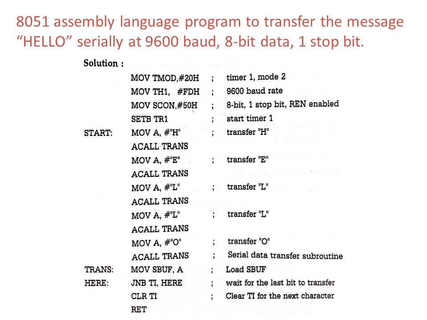If you just look into MOV A, #'H', this is written here to transfer the letter H. After copying the letter H to A, that is to the accumulator, next is ACALL TRANS. This is the instruction, that is absolute call, TRANS. A subroutine TRANS is called. If you look into the subroutine TRANS in the program, the instruction written there is MOV SBUF, A. So already we have copied H to the accumulator. Now the content of the accumulator is moved to the serial buffer. That means H is copied to the serial buffer.